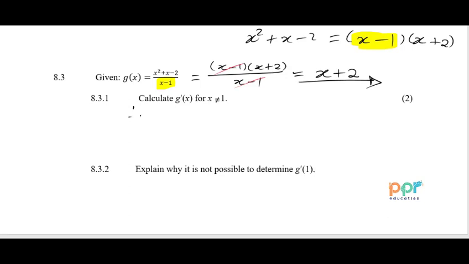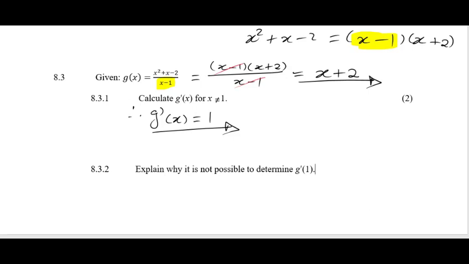Therefore, since g at x equals x plus 2, the derivative of g with respect to x equals 1, because 1 times x: it's 1 times 1, and x to the power 1 minus 1 gives me 0, and anything raised to the power 0 gives me 1. 1 times 1 gives me 1. Then the derivative of the constant value is 0. And done. And then 8.3.2 asks: why is it not possible to determine the first derivative of g